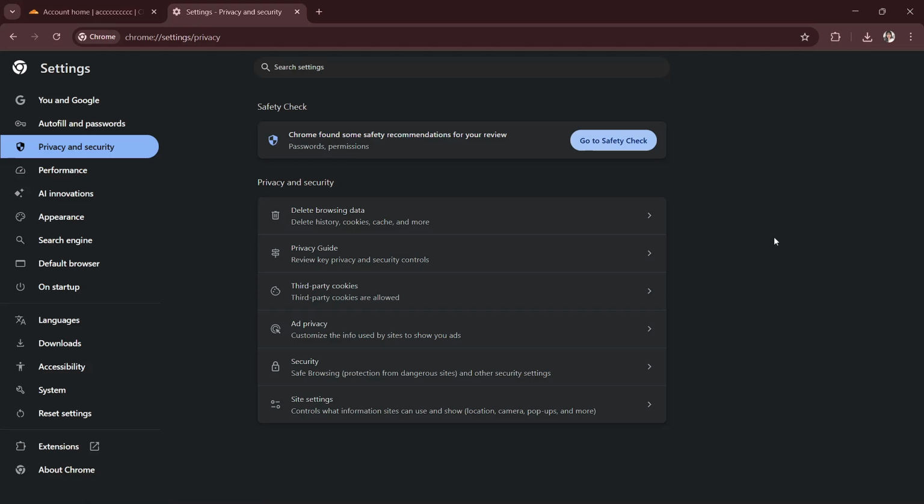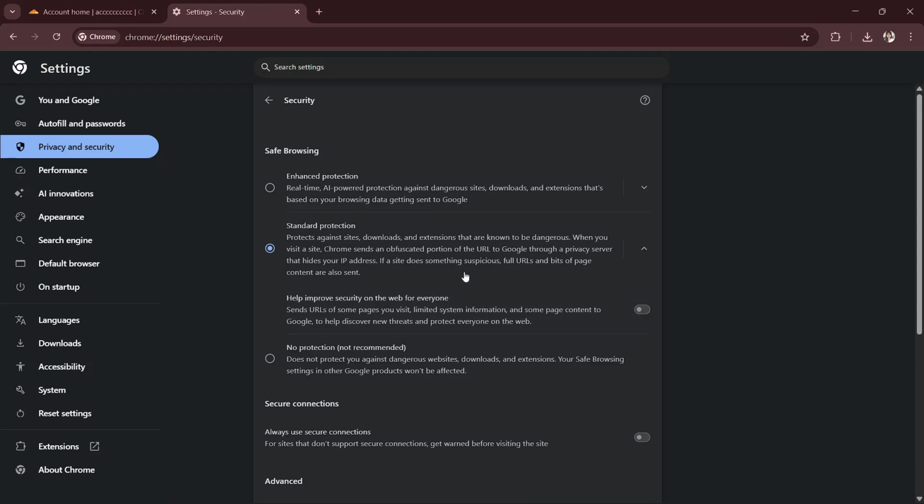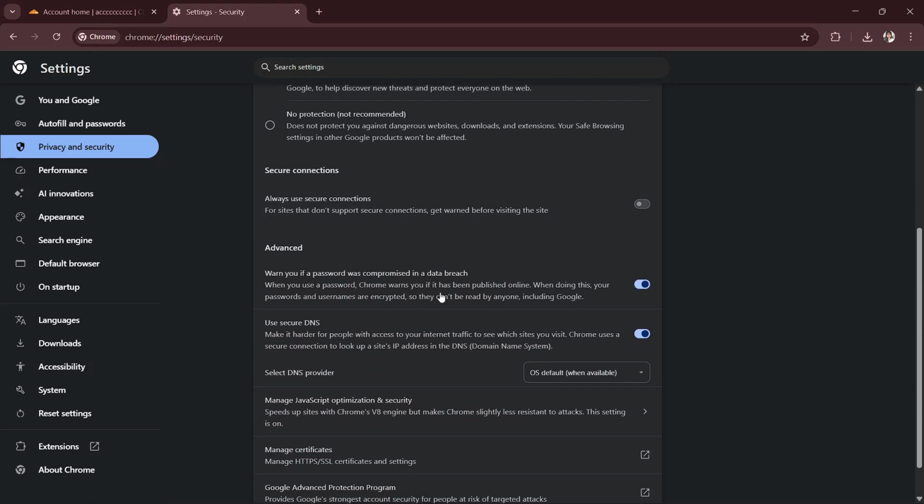In this video, I'll give you a quick guide on how you can use Cloudflare DNS in Google Chrome. So the first thing that you will have to do is go to your Chrome settings, and once you're here, you will just have to go to privacy and security, and then you will scroll down to security again, and then you will scroll down until you see use secure DNS. And what you will have to do is toggle it on, and then for the DNS provider, you will just have to select Cloudflare